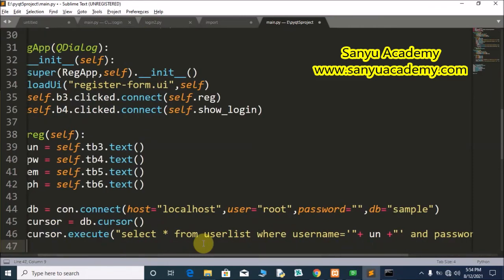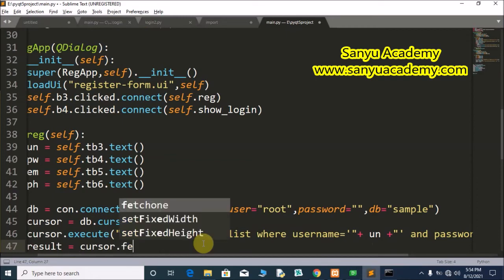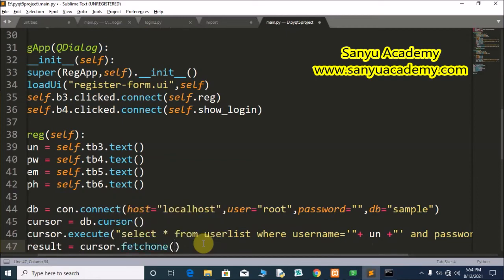After this we will collect the result. Result equal to cursor dot fetch 1, because we have given the where condition to collect only one username and password row. So we can use the fetch 1 function.